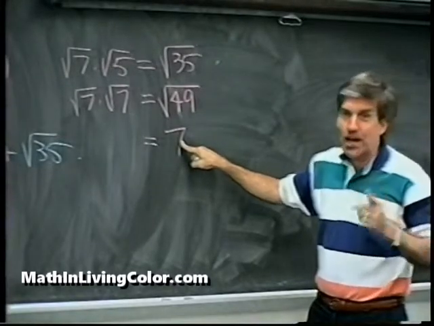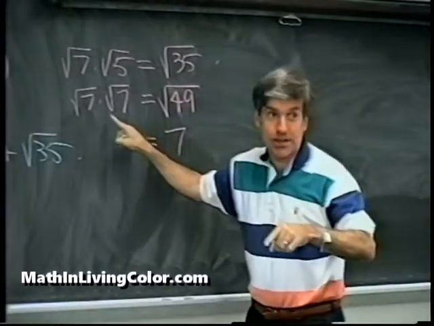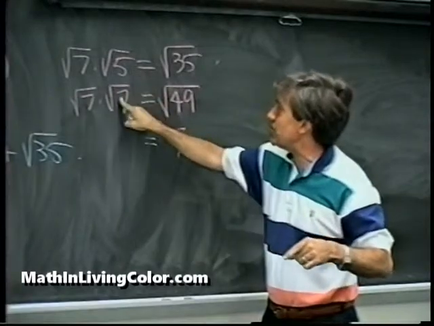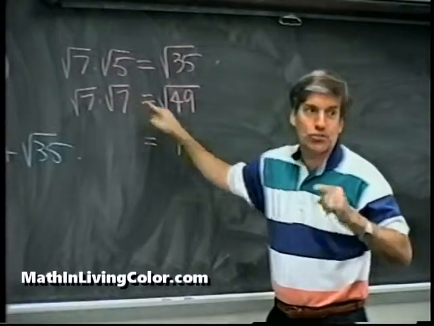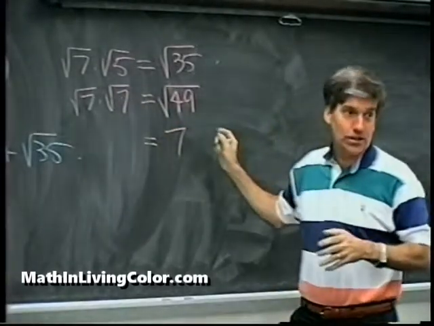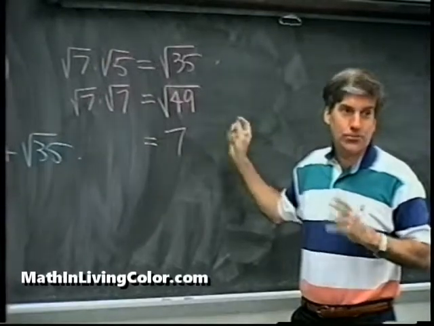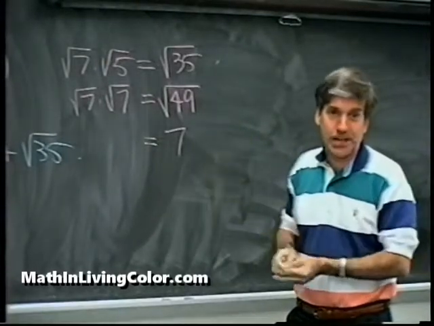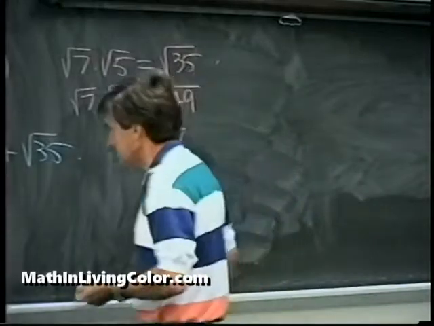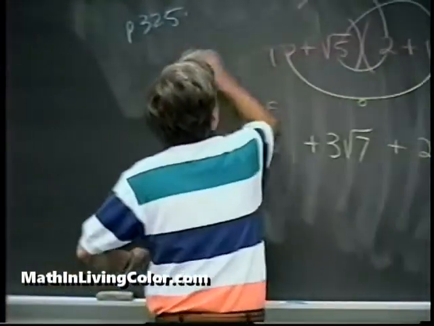Now, the mistake a lot of people make, and we'll see this in just a minute, the square root of 7 times the square root of 7, a lot of people put the square root of 7, which is wrong. So don't put the square root of 7. Okay? All right, now,